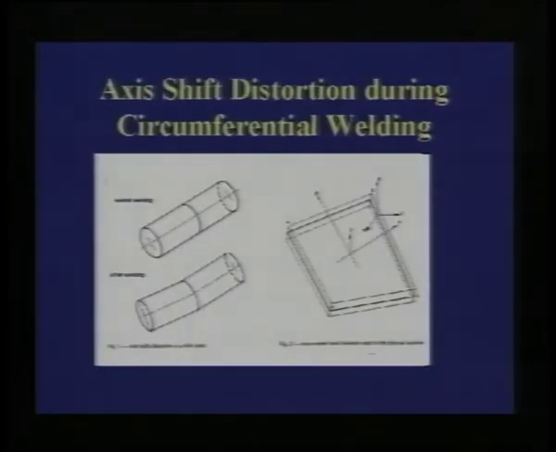Yeah, so this is how the problem is defined there. You see that there are two pipes. These two pipes have to be welded circumferentially. Is it clear? Have a look at that. There are two pipes which have to be welded. The second figure actually shows the distortion. They are thin pipes, and both of them are to be welded.